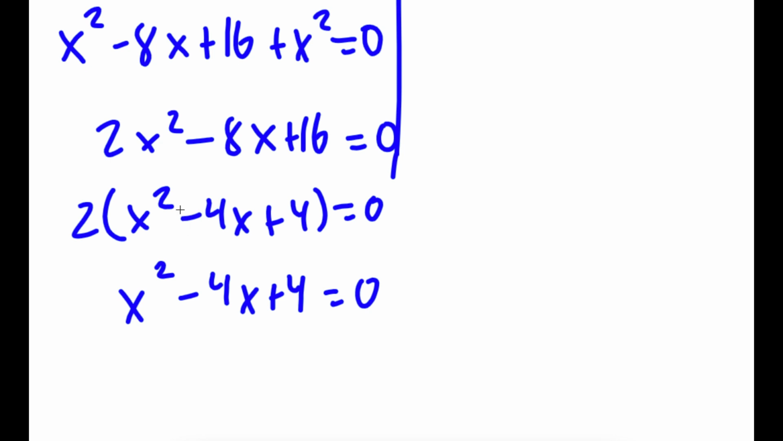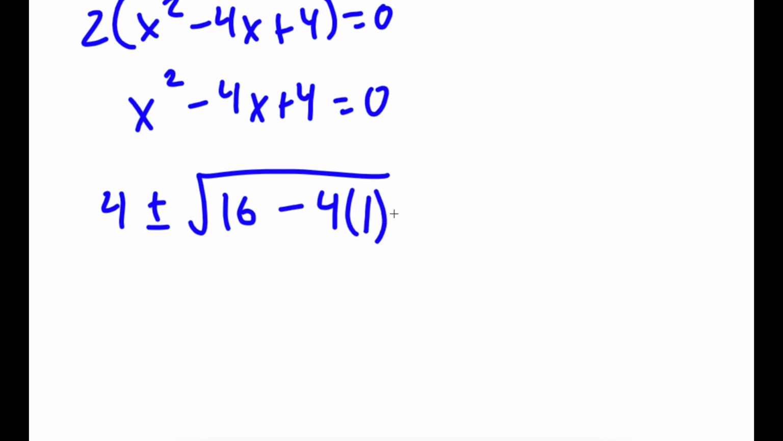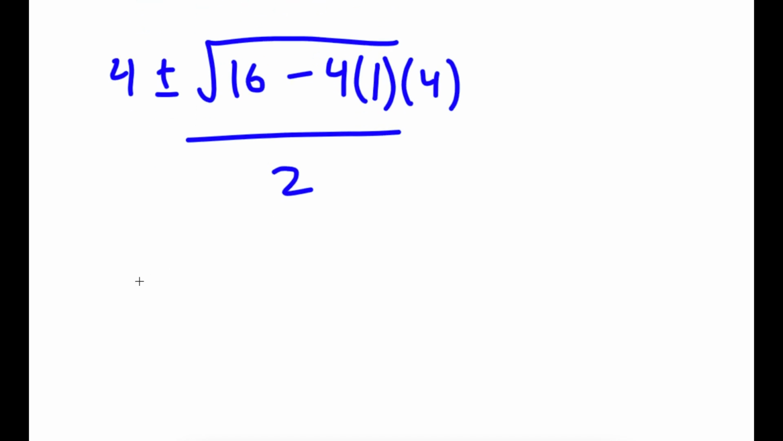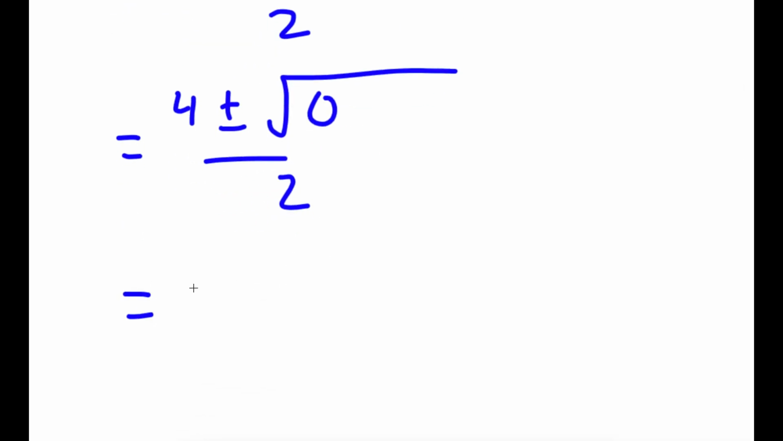Now, I'm going to go ahead and use the quadratic formula, which is negative b plus or minus the square root of b squared minus 4ac. So in this case, I have 4 plus or minus the square root of negative 4 squared, which is 16, minus 4 times a, which is 1, times c, which is 4, all over 2a, so 2. And this is equal to 4 plus or minus the square root of 16 minus 16 is 0 over 2, which is simply equal to